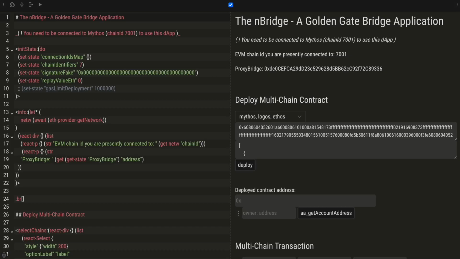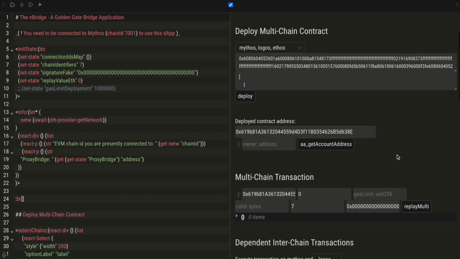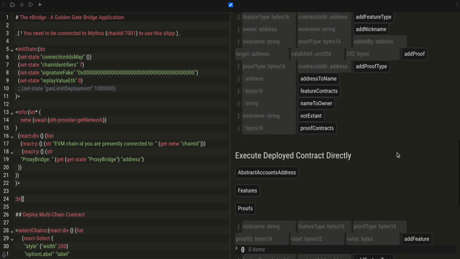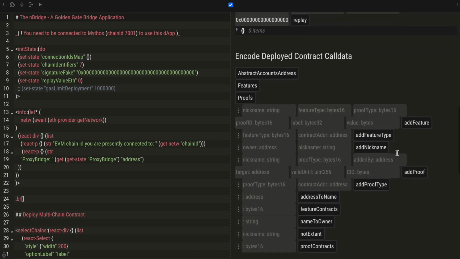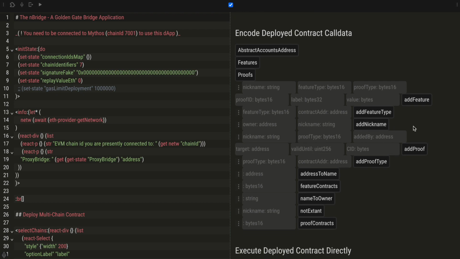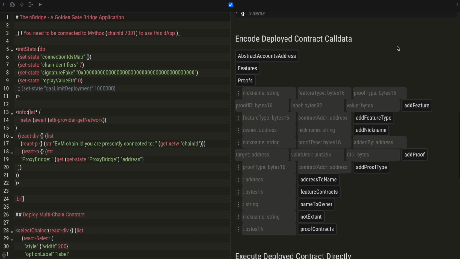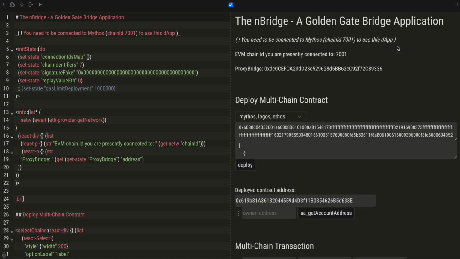This is the N-bridge dApp, and I've just deployed an interchain singular contract here that is at this address. And now we can set a nickname. The nickname part is set with the multi-chain feature because it should be unique across chains. And all the rest, the proofs, the features